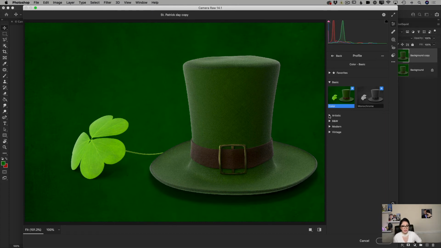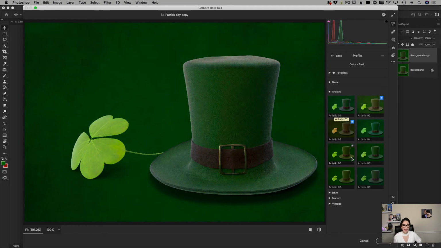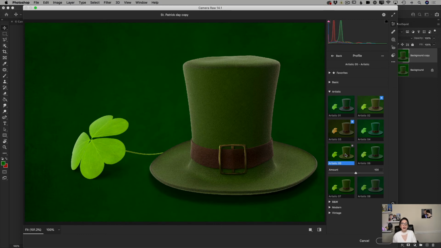For example, I will expand Artistic, and just hover my mouse over each profile. I can preview how my image will look after I click on some specific profile. I kind of like the Artistic 05 profile. I will click on it, and right after Photoshop applied my specified profile to my